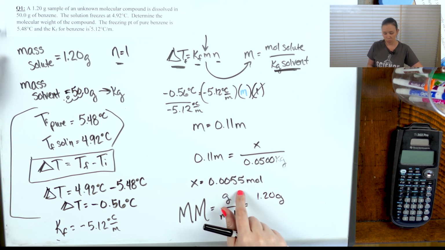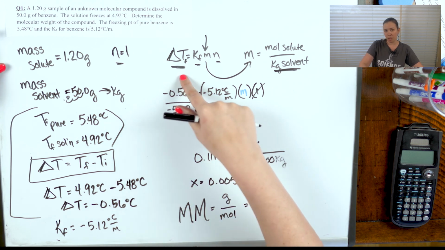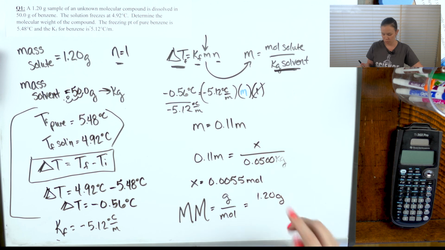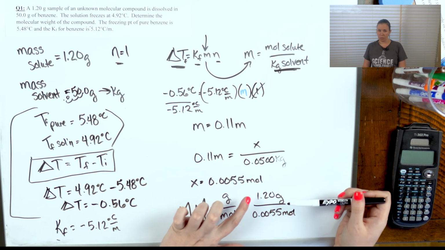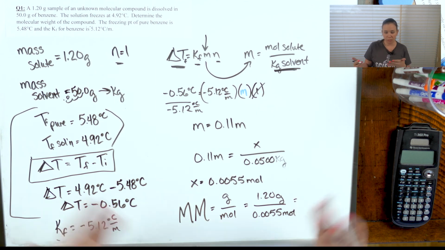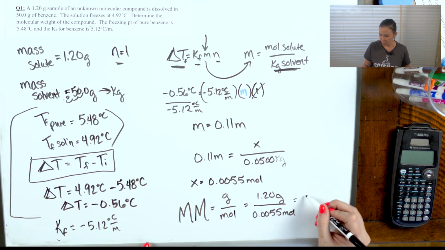I just didn't know how many moles. But working through the delta T equation and then the molality equation, I was able to derive the number of moles. So now I put that in the denominator, 0.0055 moles, and I do this division of 1.2 grams divided by 0.0055 moles, that will get me the molar mass in grams per mole. And so we get